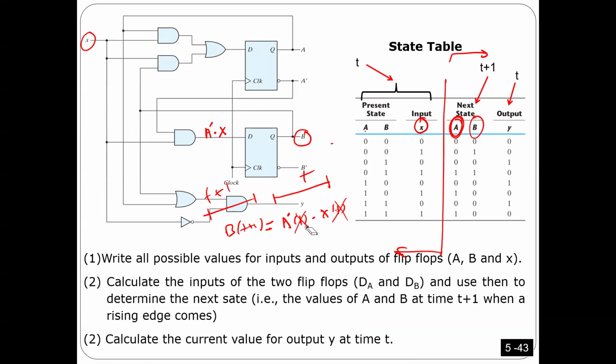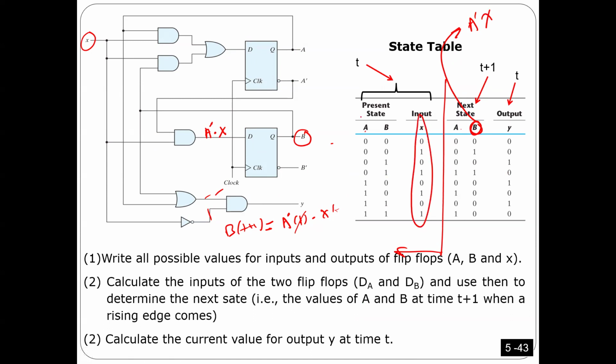Okay, so again, that means this equation B, the new value for P, is actually A prime X. That's it. So now you have X here, you have A here. You can calculate A prime and X, and then I can get this table this way. For example, here